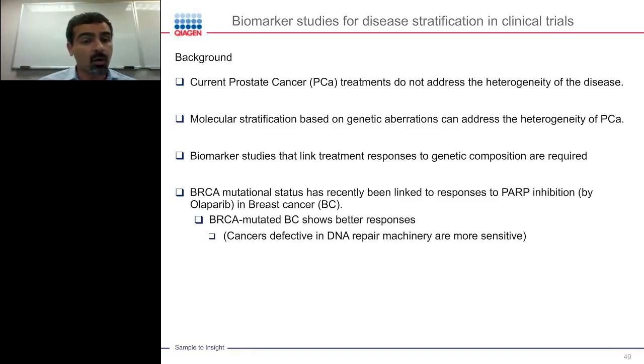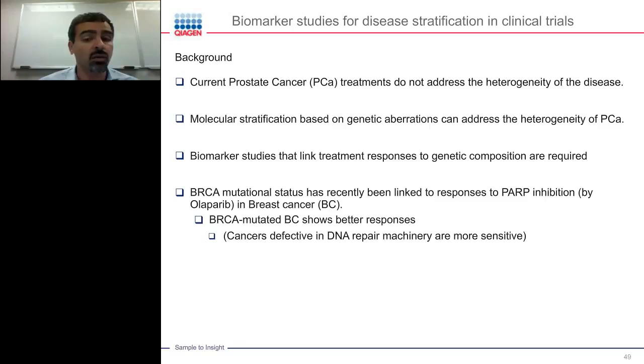Now, what is needed are biomarker studies that can link the treatment response to these genetic compositions of the different forms of prostate cancer. And we know that BRCA mutational status has recently been linked to responses to PARP inhibition. This is exactly what I was talking about earlier about olaparib. It's known that the mutational status of BRCA can actually help us in these molecular stratifications. So we can look at the BRCA1 and 2 mutant ovarian cancer samples in a different way than those that have wild type. And we know that the BRCA genes are tumor suppressor genes and that are involved in the